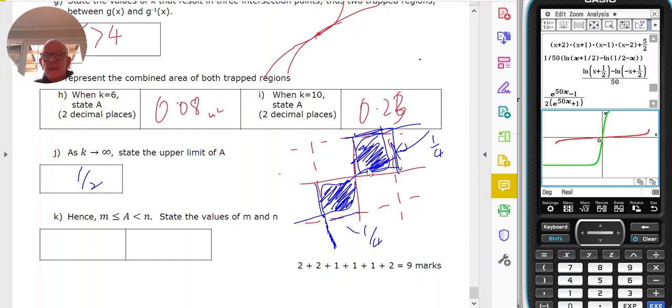As k gets bigger, the curves get closer and closer and closer to the asymptote, so that the combined areas will fill those squares. So the area will go from 0 when there's no trapped area up to 1/2 when it's a full trapped area. That's how question 7